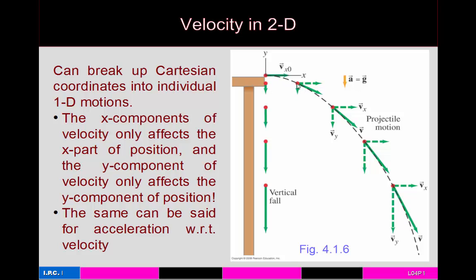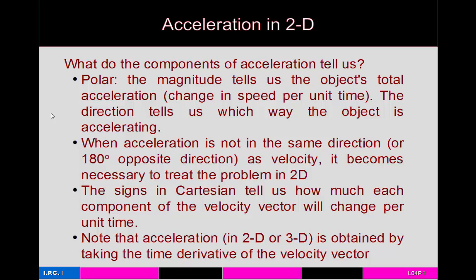So the net velocity is actually the vector sum of those two components. And what you'll notice is that the horizontal velocity vector remains the same in all 5 of these sequences, and that if you compare the vertical velocity from one to the other, it's always the same length. Okay, so